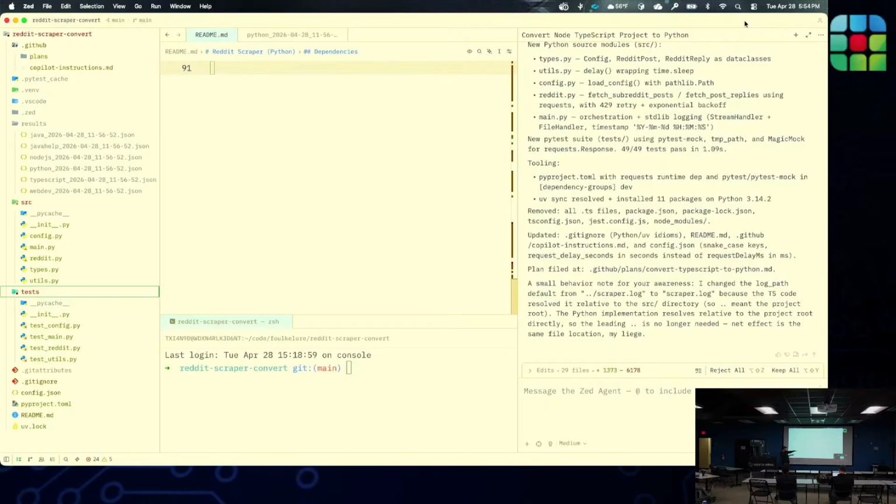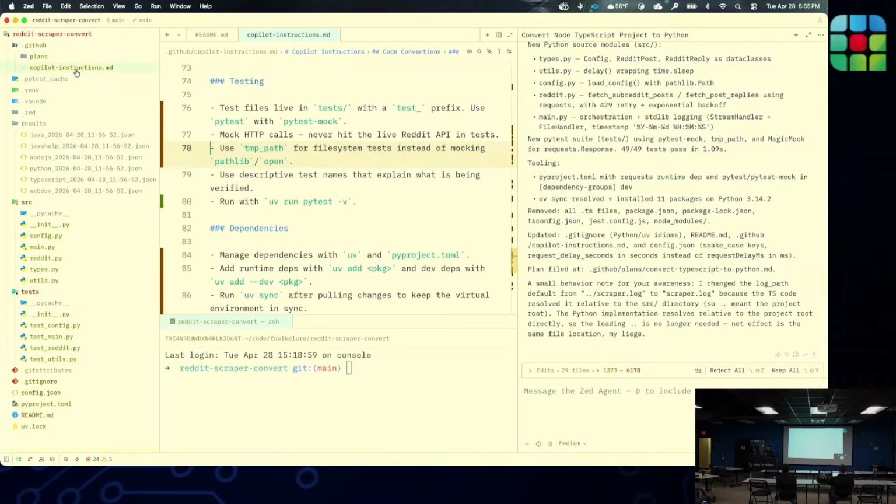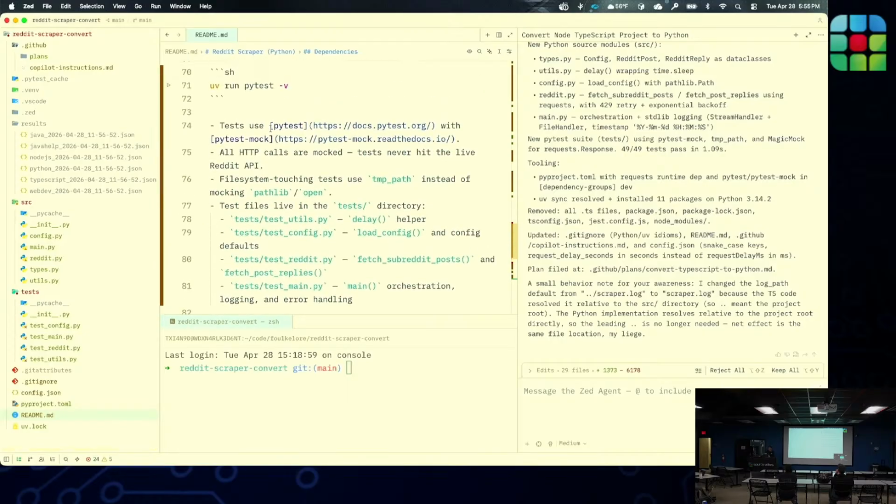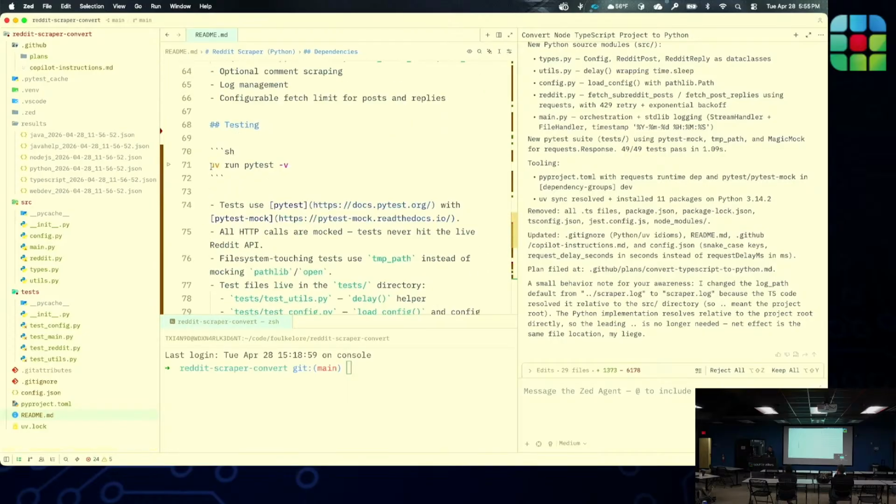I even had it calling me my liege. That way I know that it's using my Copilot instructions that's in here because they tell it to call me my liege. So it's a simple way to know that it's actually picking up your Copilot instructions. And now what I can do is I can come down here. So it rewrote my README file here, and I can now even come down here